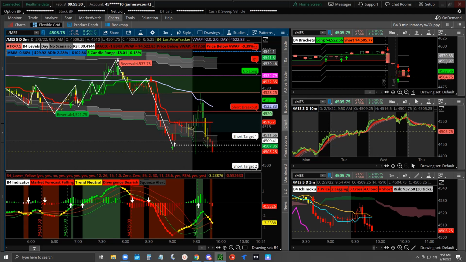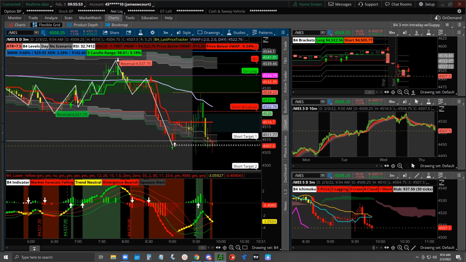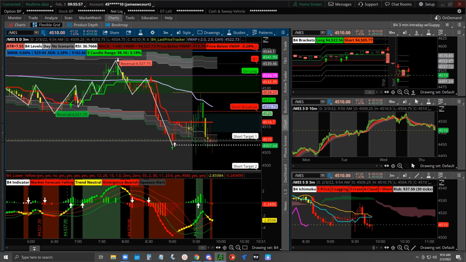And I do have a 30-minute level. Point of control is right here. We're probably going to test it. I like this to come down a little bit further. That's 4290. If you guys can't see it, I don't know why I selected that color. That's better. See, that dampers.